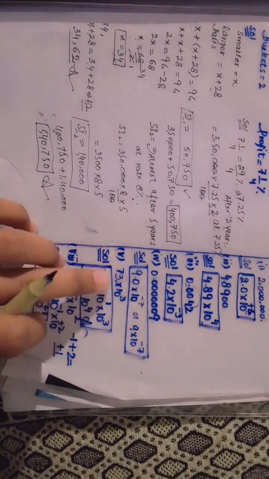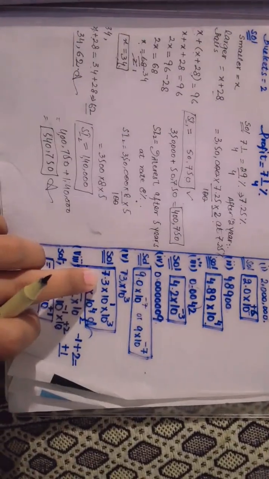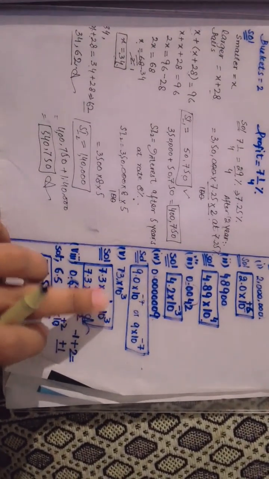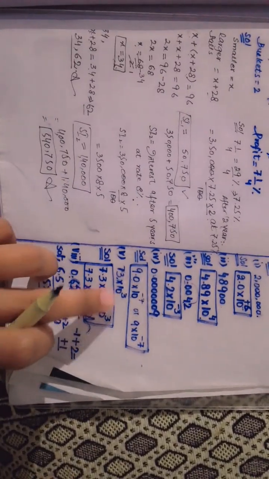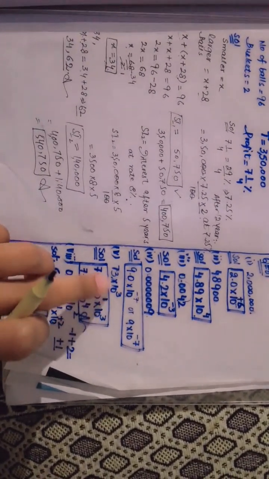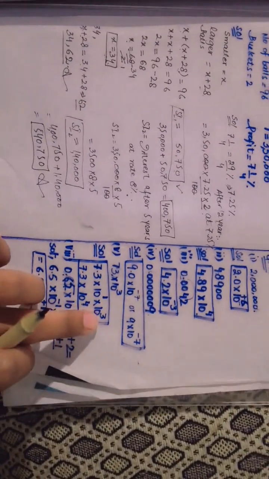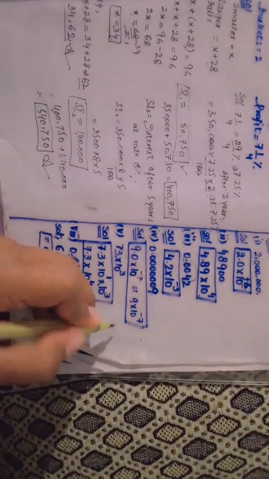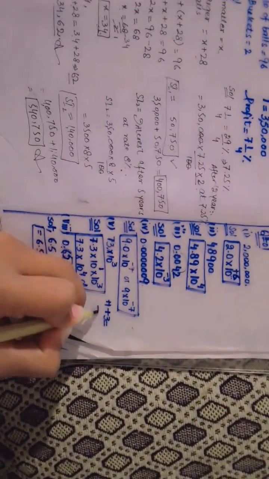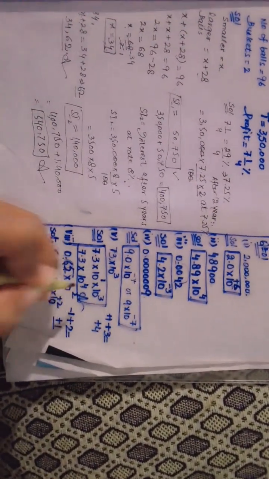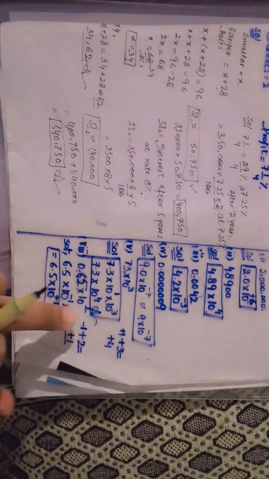So question number 5 is 73.3 multiplied by 10 to the base 3. We can write here 7.3 multiplied by 10 to the base 1 because of point moving from this place to that place. So 1 is here. This one is here 10 to the base 3 as it is. So 7.3 multiplied by 10 to the base 3 plus 1, so plus 4. Here plus 4 is because both bases are the same, so the powers will be added up.